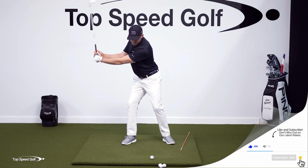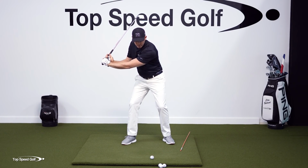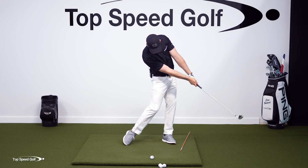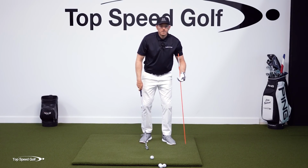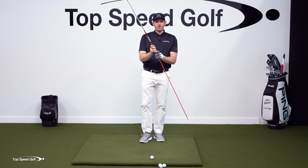So just a quick overview on lag. When we go to the top of the swing, as we start down, we want this club head to lag behind us so that we can have time to compress the ball with forward shaft lean and release the club out in front. So the first step to understanding how lag works is understanding how the wrists work on the